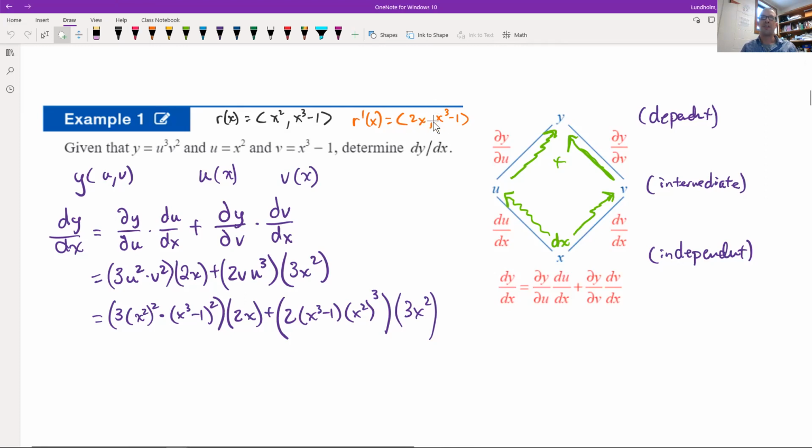So finding that derivative is not so bad. The other thing that we will need for this multivariable chain rule when we're finding dy dx